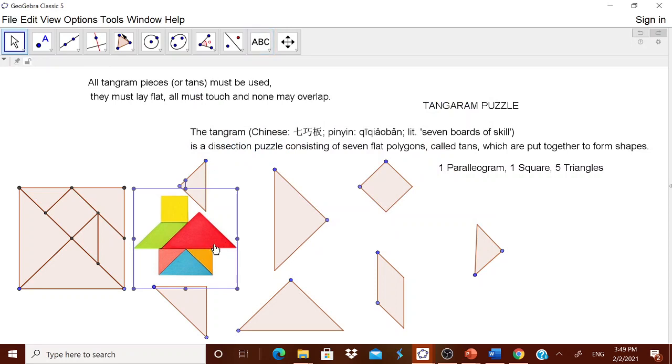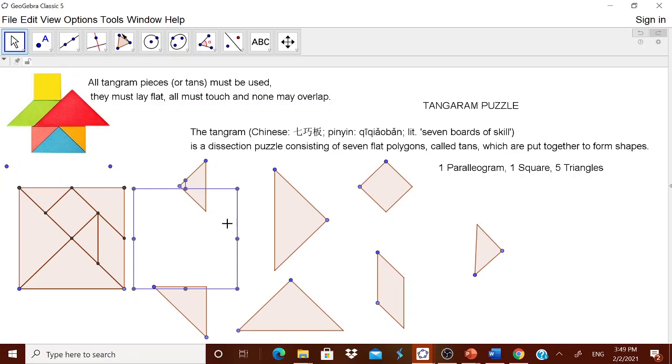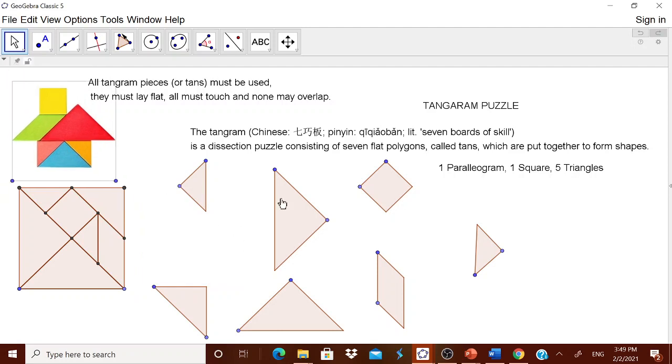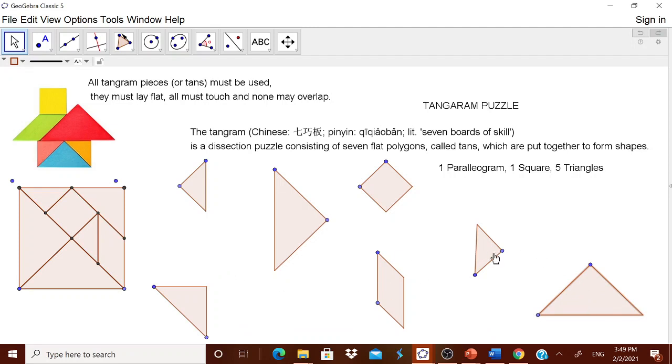Escape, then house. Okay, now I think you can tell the children that I am having the house now. Using all the 7 pieces, try to construct that house. Now the child will be trying. He will just ask, okay, the triangle is there, therefore he will try to bring the triangle here. Then 2 triangles are there, he will try to rotate it. It can be rotated. He will just try to rotate it and then put it over here, like that. Okay, now this is the way the child will try to arrange them and he will have fun.